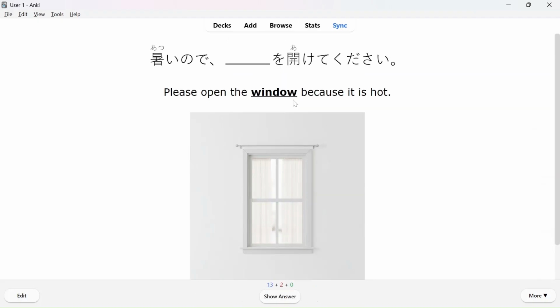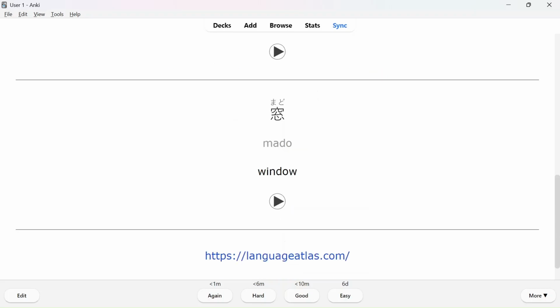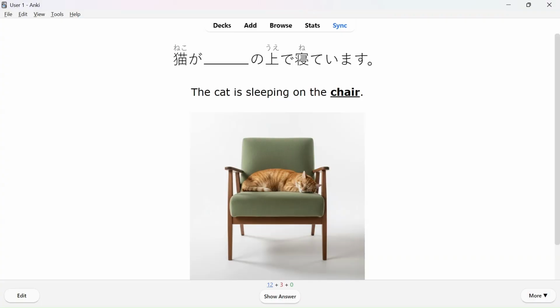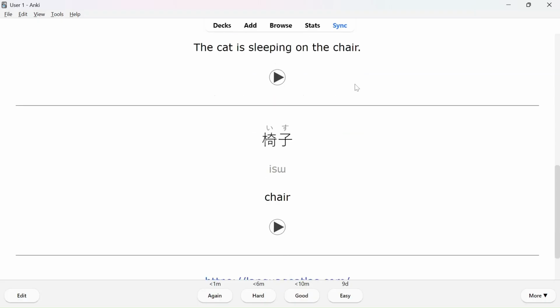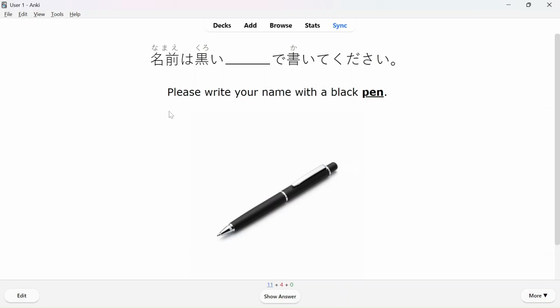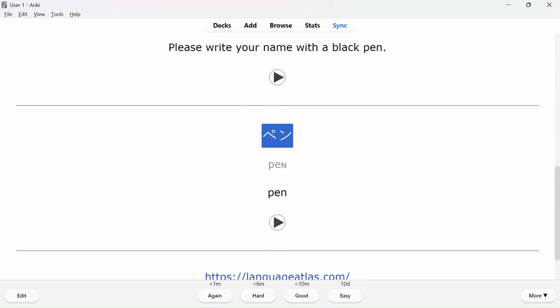Please open the window because it is hot. How do you say window? 暑いので窓を開けてください。窓、 The cat is sleeping on the chair. How do you say chair? 猫が椅子の上で寝ています。椅子、 Great. Another one. Please write your name with a black pen. How do you say pen? 名前は黒いペンで書いてください。ペン、